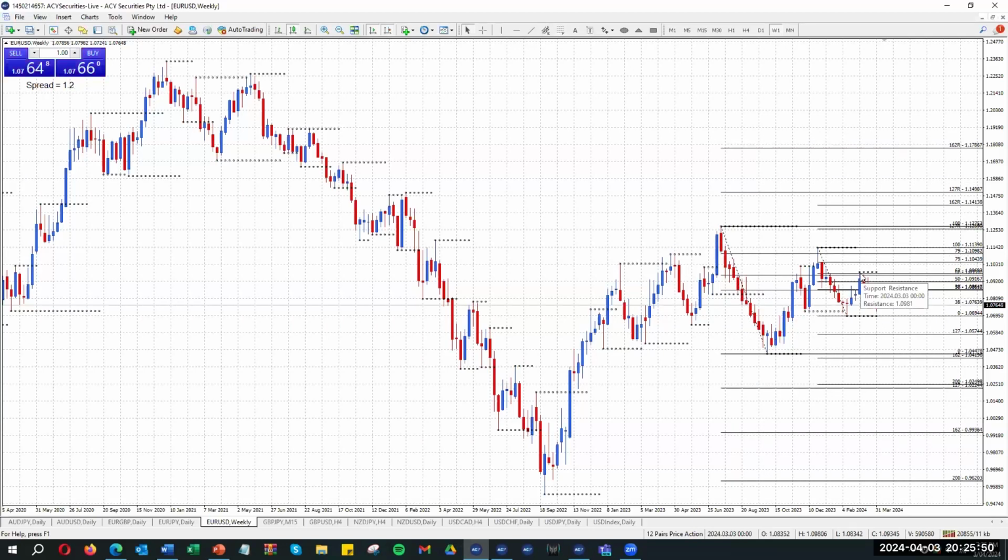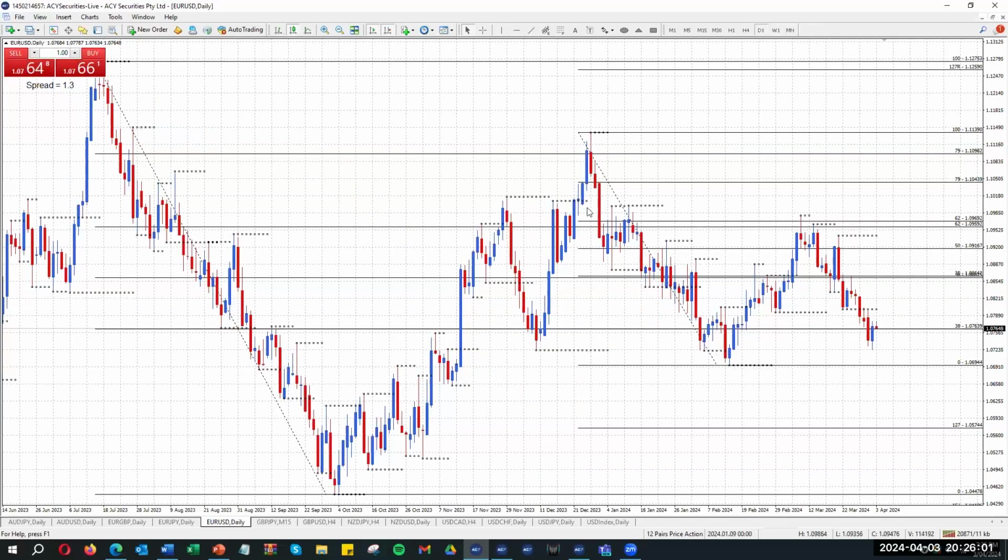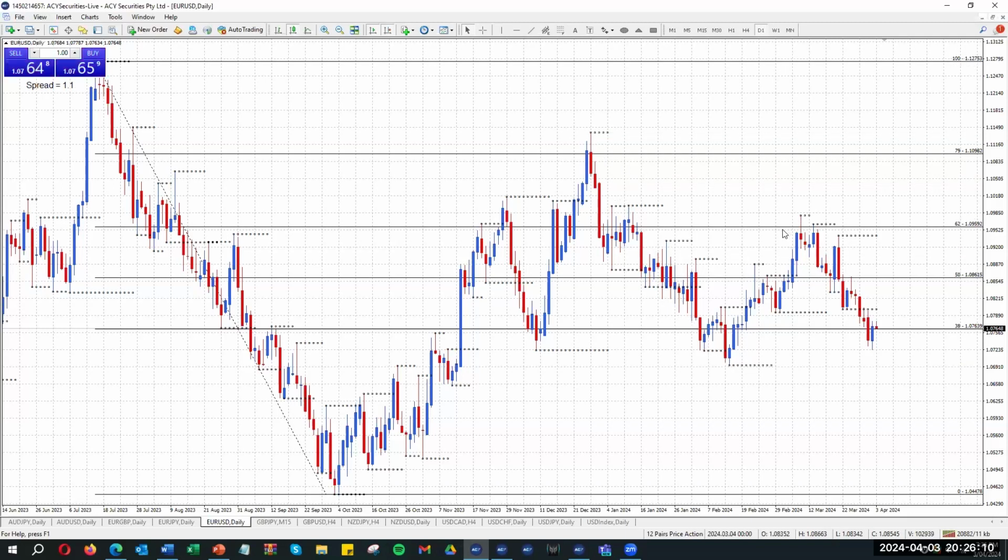there's a 62% from the bigger range and a 62% from the smaller range, although these are large ranges. So we have an overlapping fib scenario there of the larger range and then the smaller range. And let's just talk about the large range first. Once you've got the fib drawn across a large range, we can quite clearly see that it fails at 79. See how this area here,